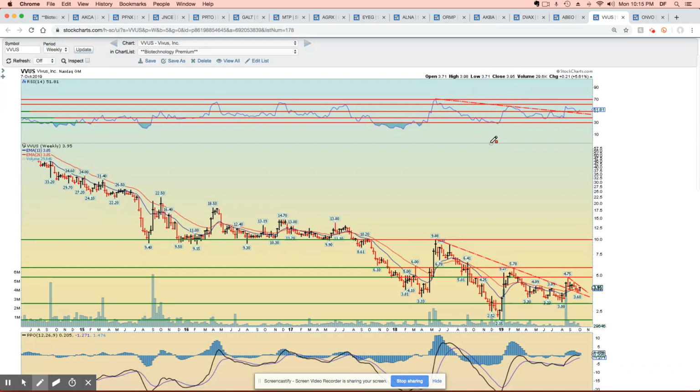Vives Inc., VVUS, another well-defined breakout with multiple points on this trend line here. So it broke out right here back in August at very, very high volume. Tells me that was a news release of some sort. Tested the 5 area, and now it's back tested this breakout a couple times, and now it's starting to pick up. So again, breakout of resistance here, back test here, and I think you're going to see a sharp move